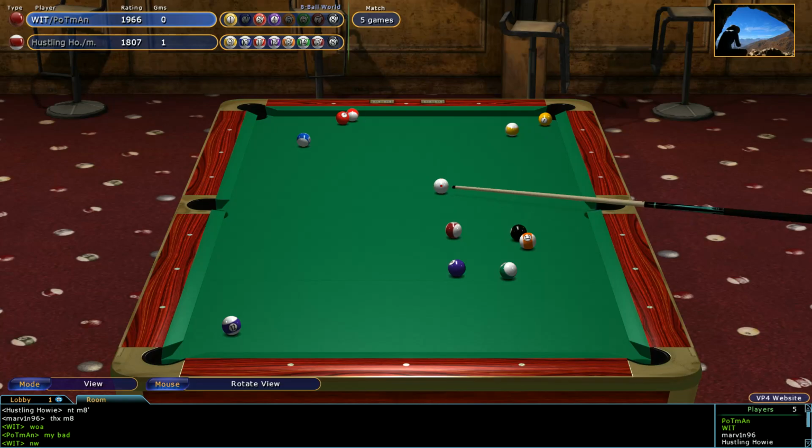Hustling Howie, well, he's had a look at the 13. The 9's blocked off by the 1 ball. He has a shot on that 12 in the bottom left hand corner as we look, but he seems inclined to...